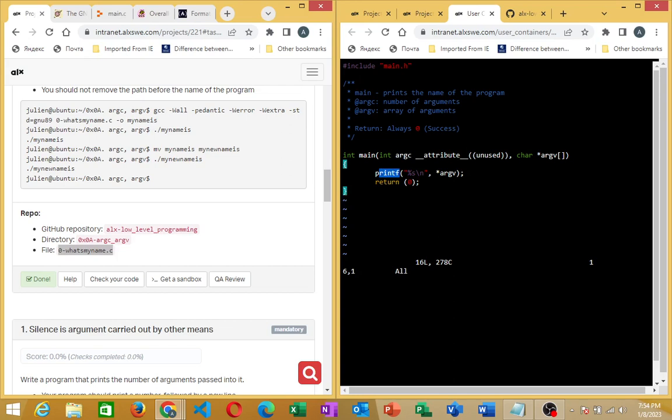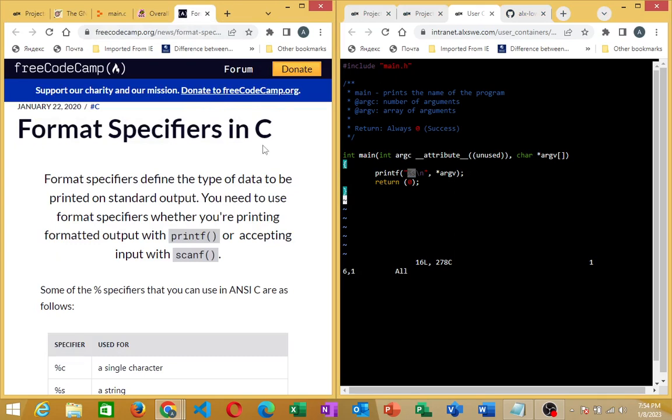So this is printf, and this is your format specifier. This %s is your format what? Specifier. You have different format specifiers. Let me just open this. You can look through this. These are format specifiers. What is a format specifier? A format specifier defines the type of data to be printed on the what? Standard output. So you need to use a format specifier whether you are printing formatted output with printf or accepting input